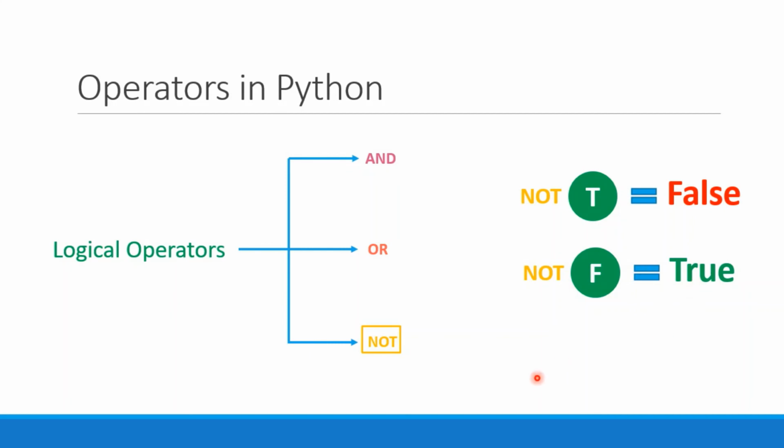So that is all about the operators in Python. I hope you got a better understanding of operators in Python. In my next video, I have decided to explain the if-else statement, which is basically a conditional statement in Python. So I will explain all the concepts of the if-else statement in my next video, and after that, I will implement all these operators and that if-else statement in Python on Google Colab.